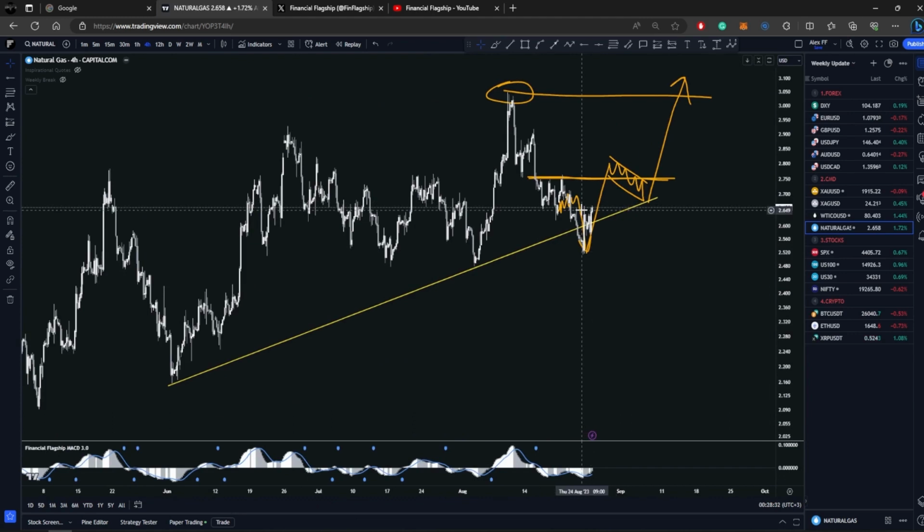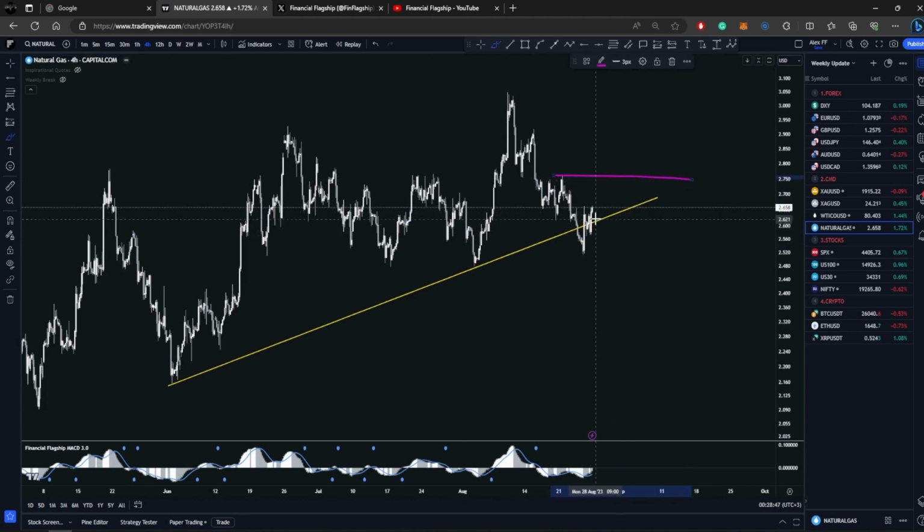So the way things are looking for natural gas, let the price break this area here. If it comes back up and breaks this level here, wait for consolidation and then go with your buy setup. If that happens, then I encourage you to trade it. If not, don't trade it inside here, because this can easily go up and then drop again. This is also a possibility. We don't negate this scenario. So wait for it to break outside of this line.